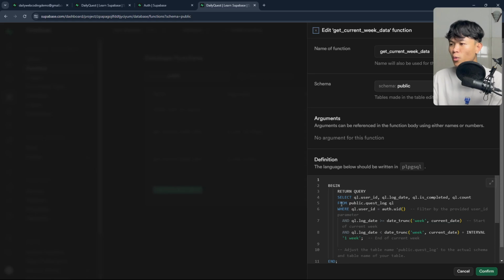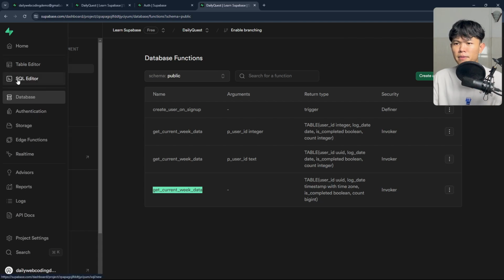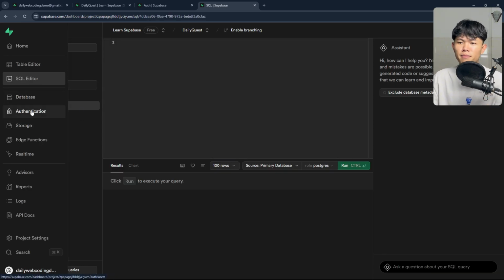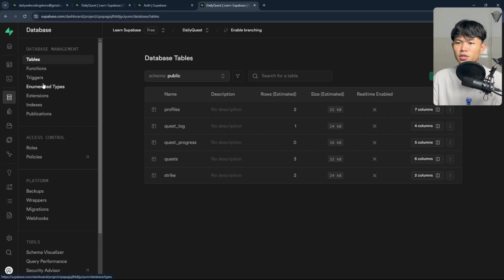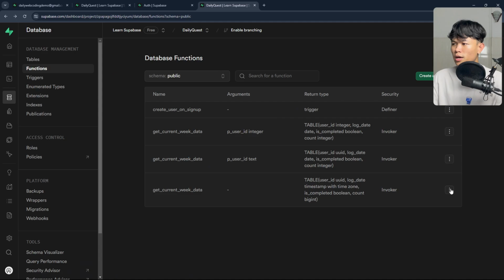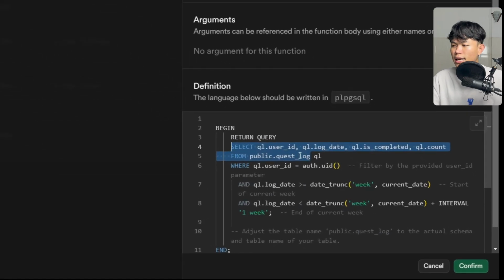So we just go through this one. I think maybe there's a missing part. Maybe we can go here. There's no history on this one. Okay, well, all right, it's fine. Maybe we can go back and I try to explain this function for you. It's this one right here. So this one selects from the quest log. You can see it selects everything from the quest log. I think maybe I should use the star instead, but this is what ChatGPT gave me.